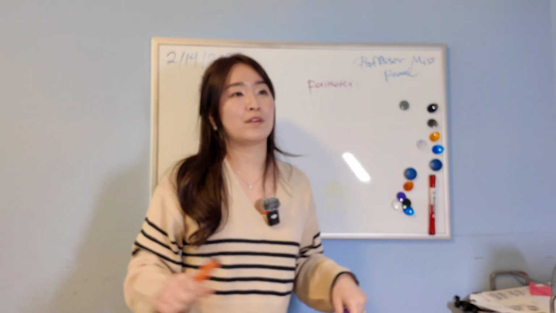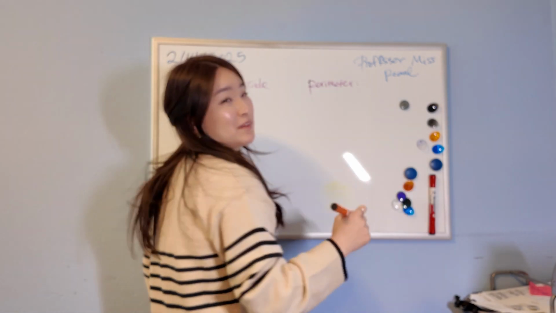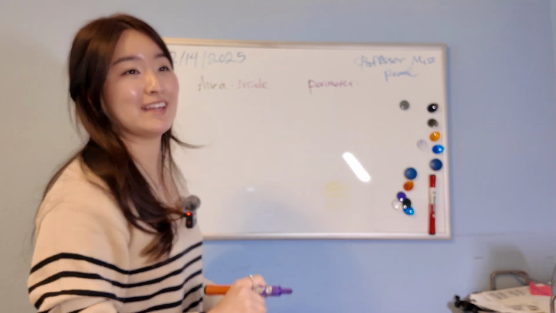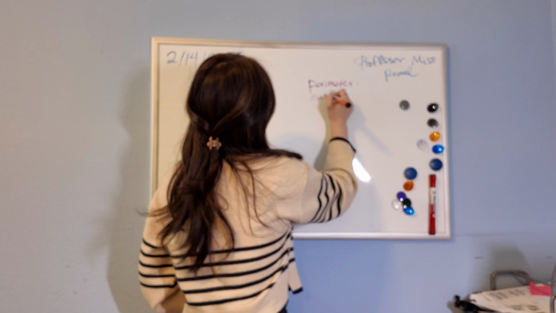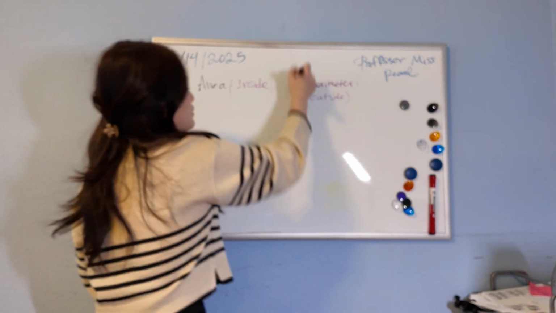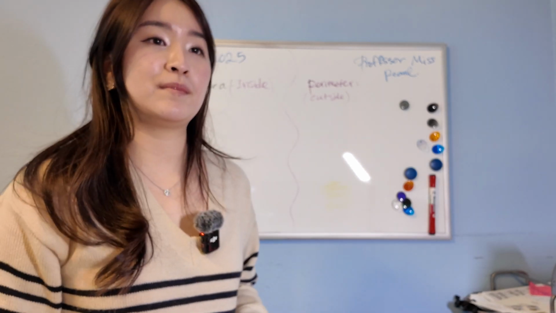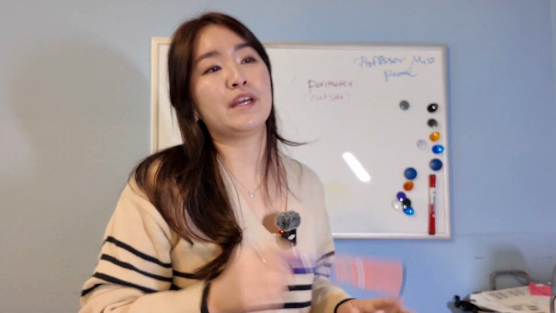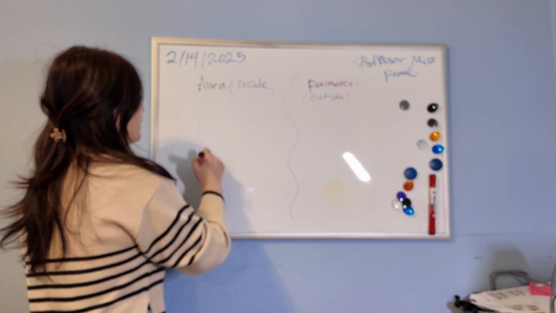Perimeter. Who can describe what a perimeter is? Yes, over there. In the blue shirt, yes. Perimeter is essentially the length of the outside of the shape. So we'll just go ahead and put it's the inside and the outside. I want to keep things simple. So what I'm going to do is I'm going to split the board in half, and we're going to start with a sample problem. So everyone should be on page 3, right? On A, there should be a problem with a square. You're going to see a square